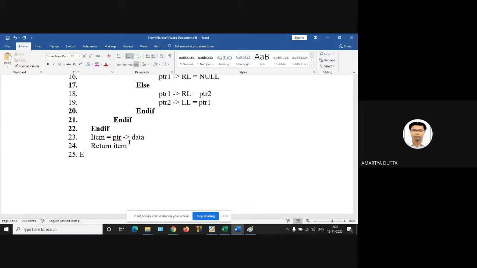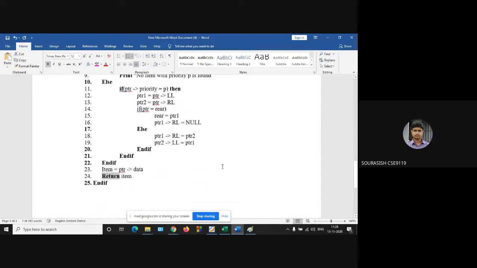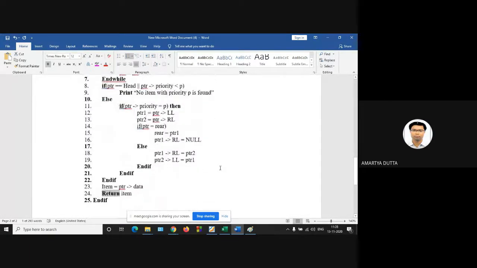Yes, sir. So there are 25 lines. Okay. So if your PTR is equal to rear, line number 14, it means we have found the priority that we want to delete.